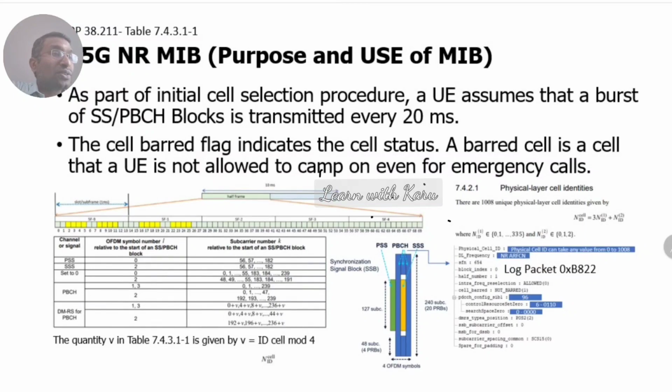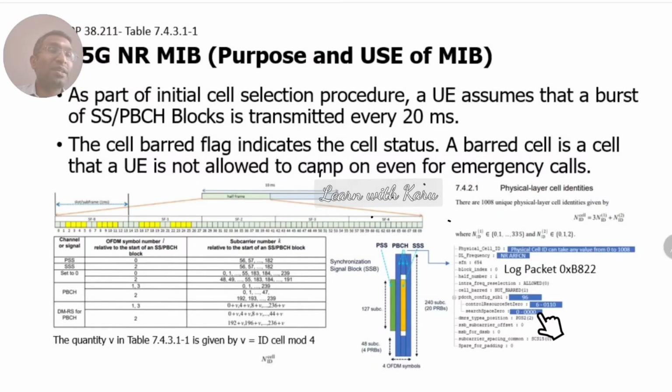So here, as you see in this log packet, you will be able to find the physical cell ID because you are reading the PSS and SSS. With the PSS and SSS, when you do 3 times the SSS plus PSS, you will get the PCI, physical cell ID. Okay? And then once you know the physical cell ID, and once you decode the PBCH, you will be able to read the MIB contents. Okay, as you read the MIB contents, these are the information that's present as part of the MIB contents,